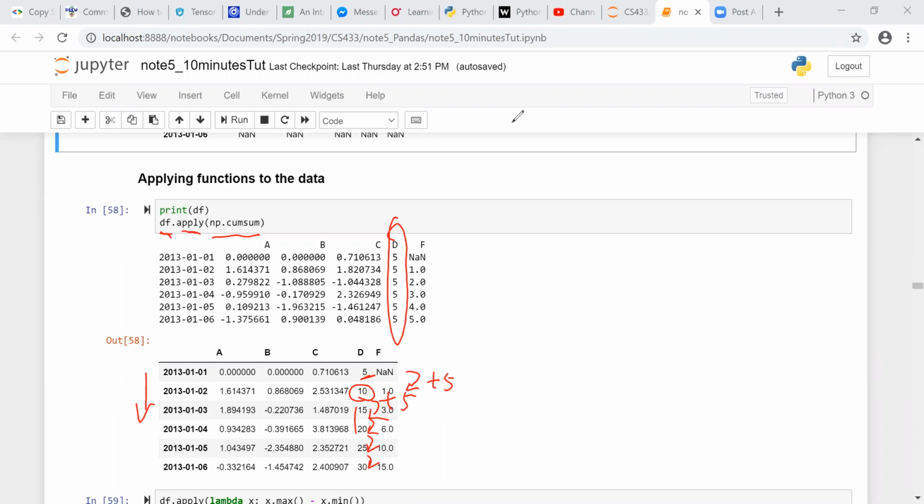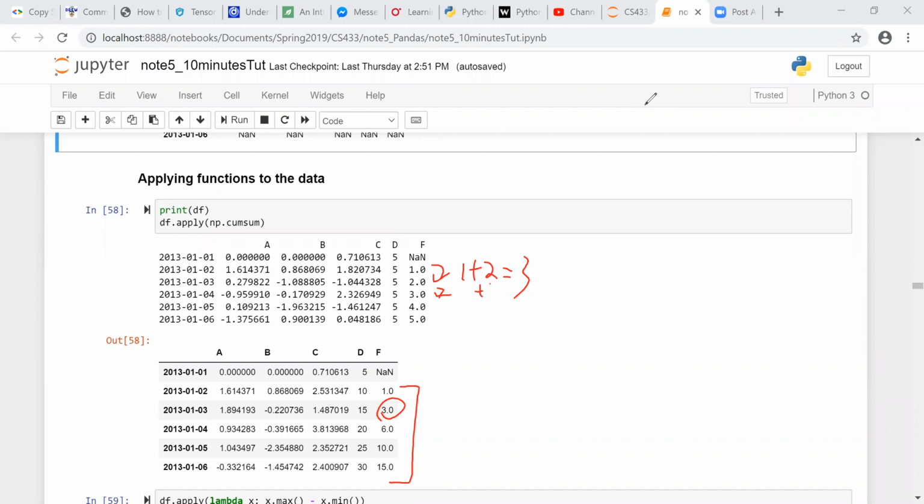And if we take a look, the same thing. The next one, this part: 1 plus 2 is 3. That's how you come to 3. And then 3 plus what? 3 plus 3, another 3. That's how we have this 6. And then 6 plus 4, that's how we come to 10. That's called a cumulative summation, okay? And you can also define your own method,